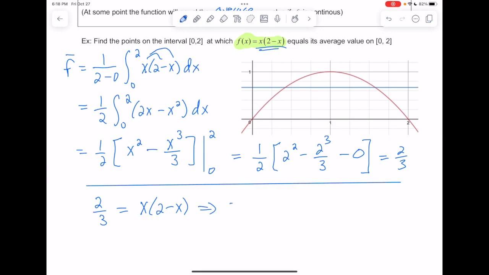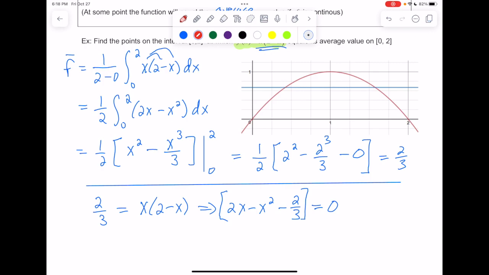So clearing the parentheses, we have 2x minus x squared. We bring the 2/3 over, and then we could set it equal to 0. This is quadratic. I'm going to multiply both sides by -3. That may seem a little bit of a strange value to pick. But if I multiply both sides by -3, that will accomplish two things. It'll make the squared term become positive when I multiply by the negative, and it will also get rid of this denominator right there. So we'll go ahead and do the distributive property. So -3 times 2x is -6x.